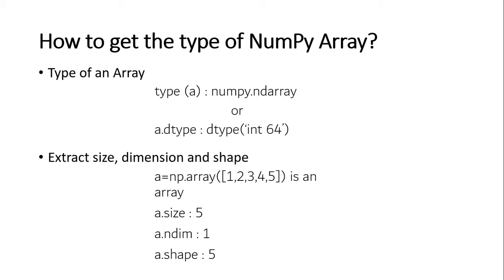Next, A.shape. Actually, shape is going to tell the number of rows and number of columns, but that happens when you are working with multi-dimensional arrays. When you are working with single-dimensional arrays, you should understand that it is the number of columns in the array. The number of elements automatically tells the number of columns. So when you write A.shape, the output will be 5. Why? Because we have 5 elements.